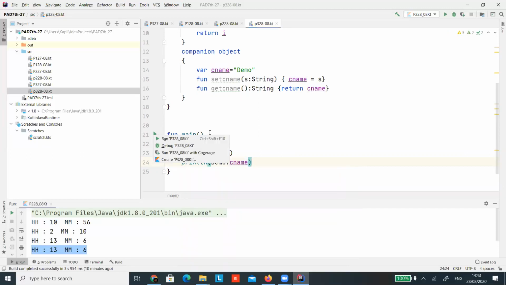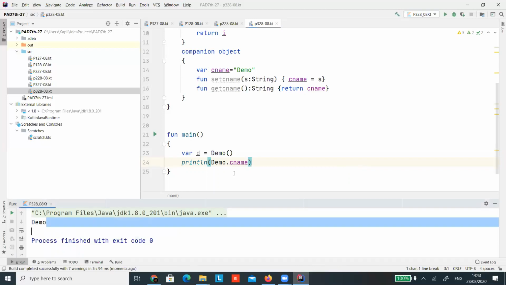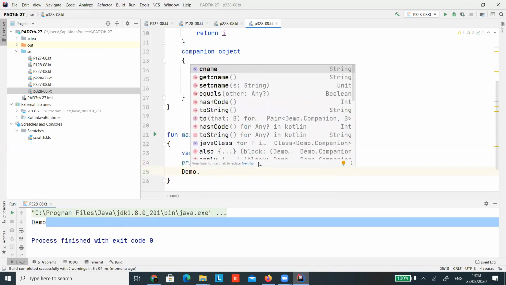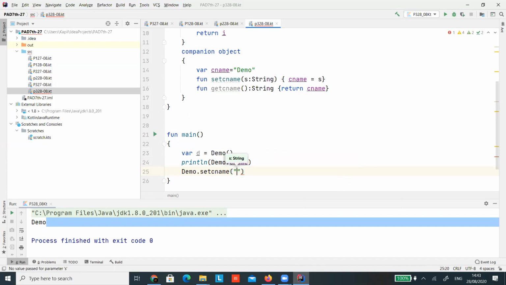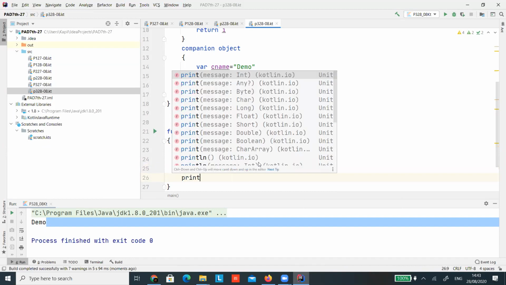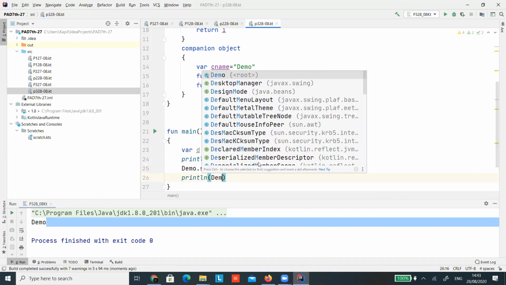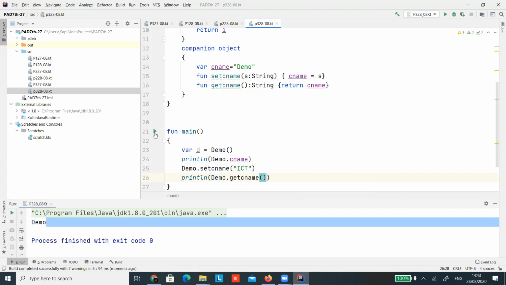Okay, let's try to run this code. So demo is there. Now suppose you want to change it: Demo dot setCname with ICT. Then println Demo dot getCname.